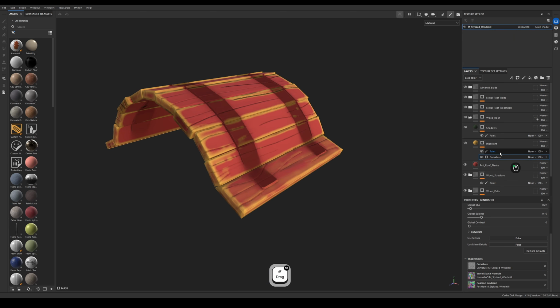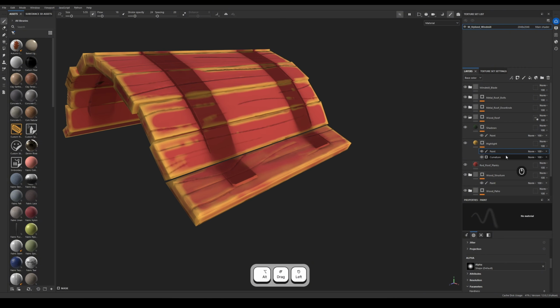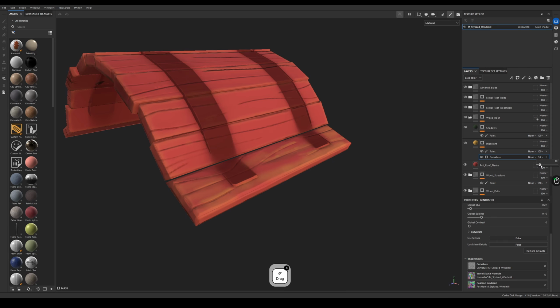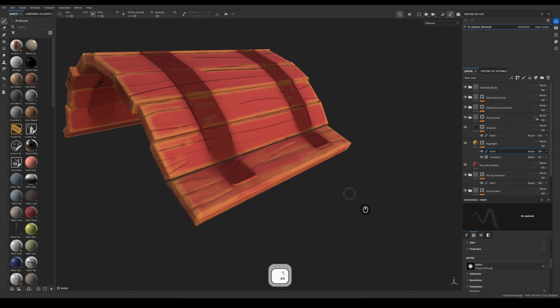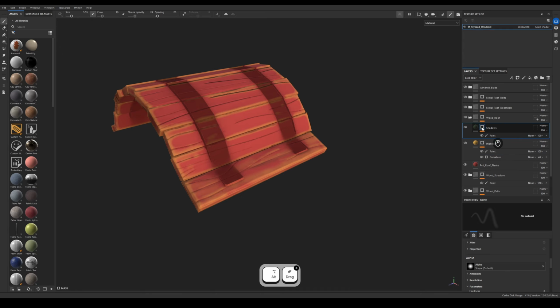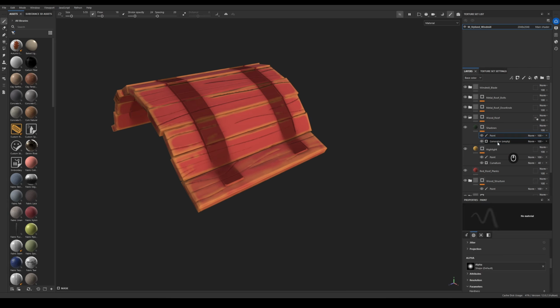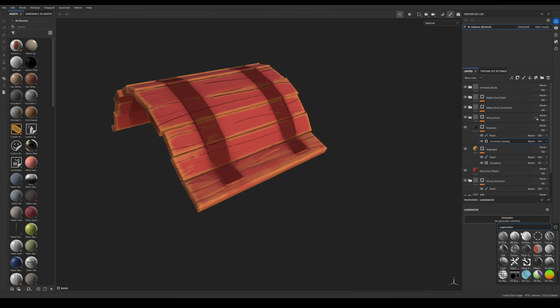And then going in and actually painting in that stuff, and then I can even lower it down if this is just too crazy, right? But at least now it gives me a start. And then for shadows, I can do the same thing. I can go add generator. I'll put this at the bottom because you want to paint on top of it. And then for here, maybe we do an ambient occlusion,